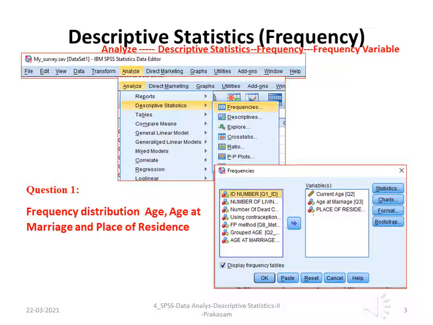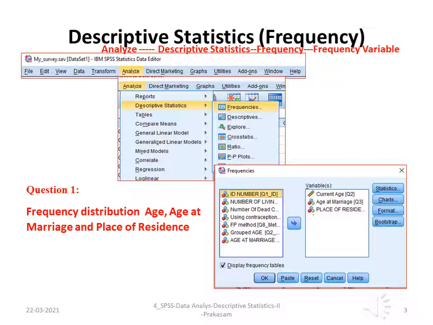To develop the frequency, we go to Analyze, then Descriptive Statistics, and click Frequencies. You will get a dialog box with two windows, left side as well as right side.